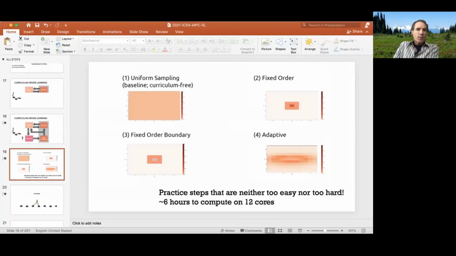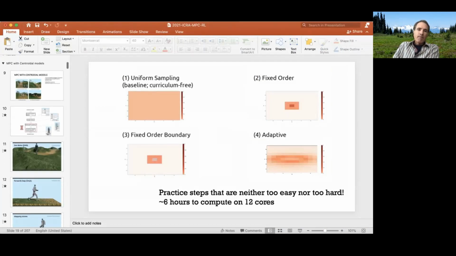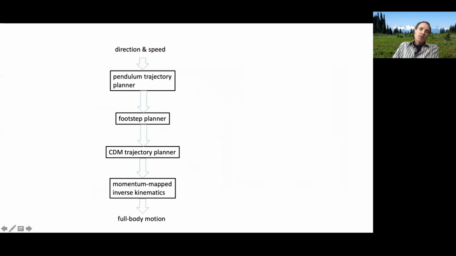Okay. So this is based on momentum mapped inverse kinematics, which is basically a version of inverse kinematics that takes some additional effort to make sure that the overall momentum is preserved. Is it generalizable? I think it could generalize to other forms of robot morphology,